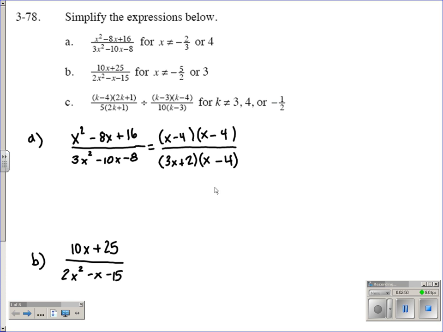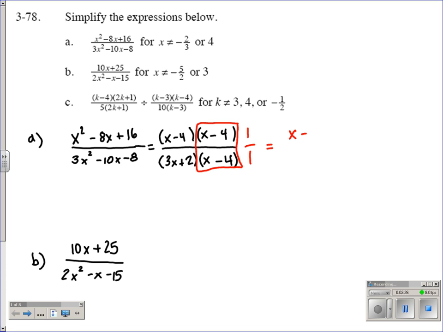Now we need to simplify it down. We do have common factors. We have an x minus 4 over an x minus 4. So we know that when we divide something by itself, it's going to end up equaling 1. So we have this expression here, x minus 4 over x minus 4. This is going to be the same thing as 1 over 1. So we're really looking at x minus 4, this quantity, times 1, and 3x plus 2 times a 1, which is going to give us